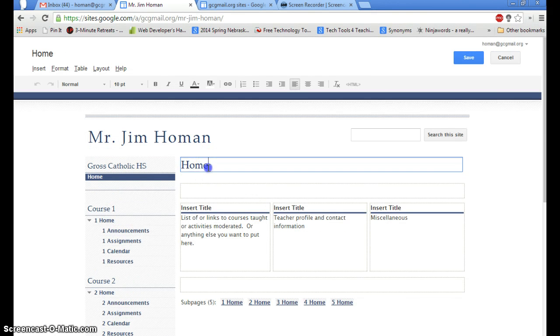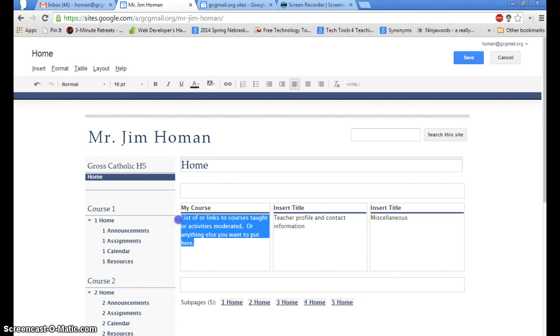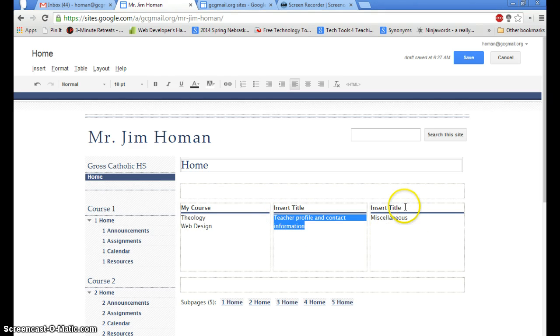and I can call this something different. Home is basic. Here, I said maybe this is your list of courses. So I'll put my courses, and maybe I can link the courses here if I want to. So theology, web design, whatever. I might put a little bit about myself here. I might have some other kind of information to give, and so all I have to do is just highlight and change these. After you are done with changing the page, make sure you go up and click on